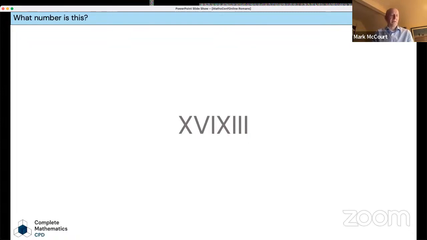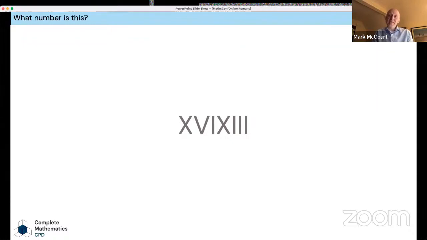What about this number here? What number is this? So just give you a moment. Have a look at this carefully, this number here. What number is being represented here? So if we use our subtractive form, we get 10 plus 5, and then there's a smaller before a larger. Okay, so that's a 9, but then there's a 3 after that. It doesn't quite make sense, does it? So what on earth is going on here?